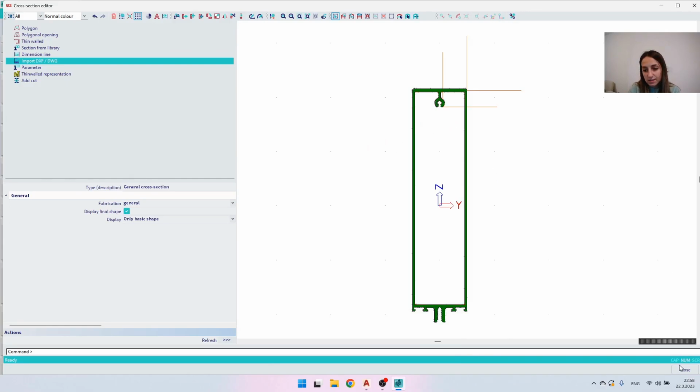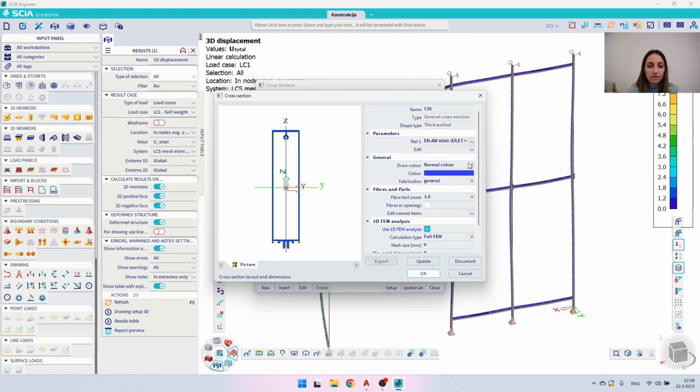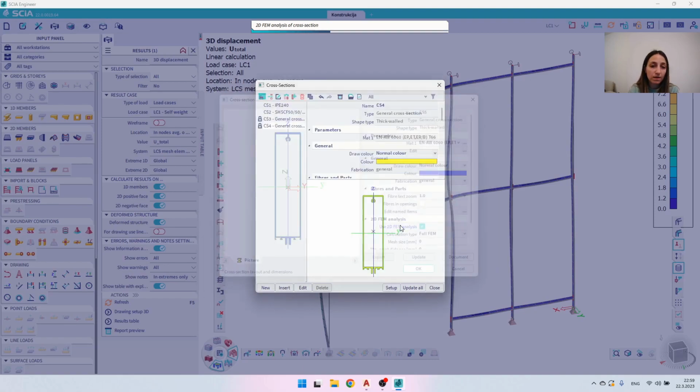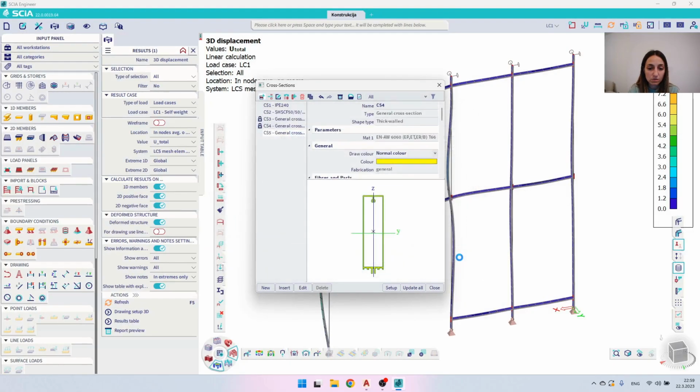So I'm finished with this section. I'm going to close it, and I will click OK. Now that I have more nodes than normally, the 2D FEM analysis will take a bit more time compared to the other sections that I already imported, but again, it's imported, close, and you can see it looks normal, and this section can also be used if needed into the model. So this is all I have prepared for the general polygonal sections,